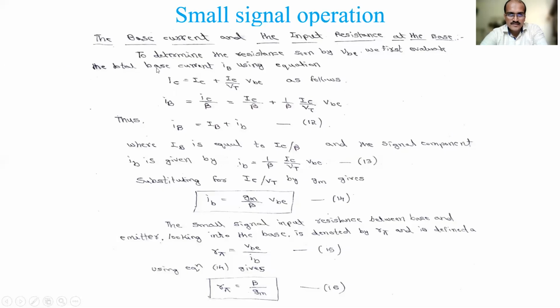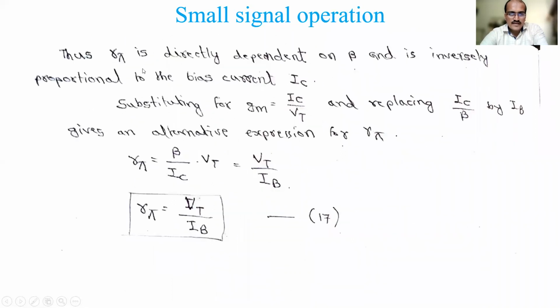Then we have taken the base current, and its associated parameter is input resistance, denoted as r-pi. From IC only we derived IB, which we got as gm by beta into VBE, and the input resistance associated with that is beta by gm. These are some of the important relations we will be using when problem solving. Then r-pi is given another equation also by substituting gm and all, so it is VT by IB.